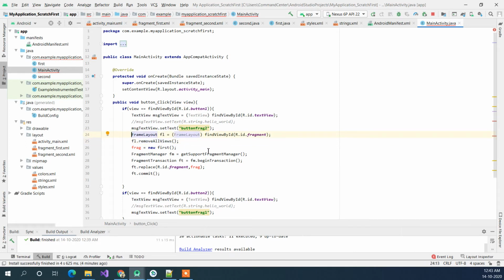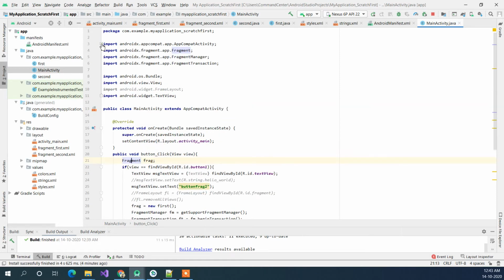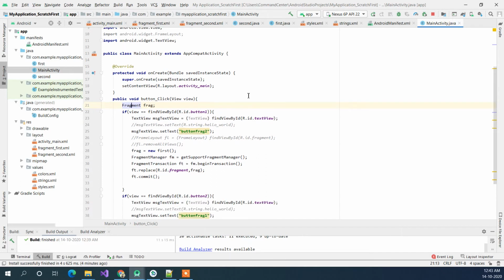Let's comment that out for a second here, and we need to add the fragment as well. So let's add it in here. Most of the fragment we have here.